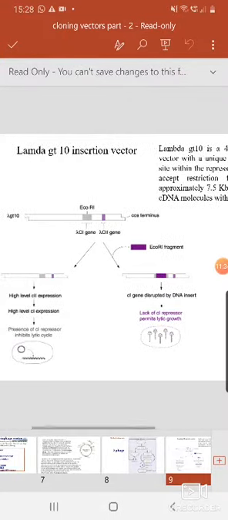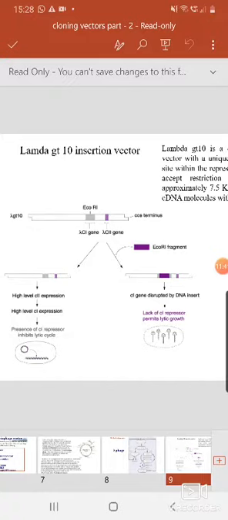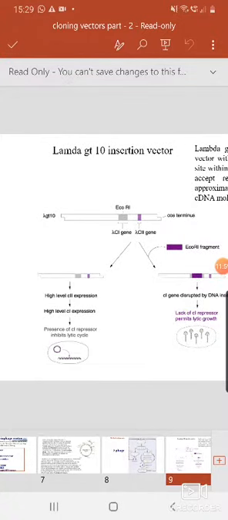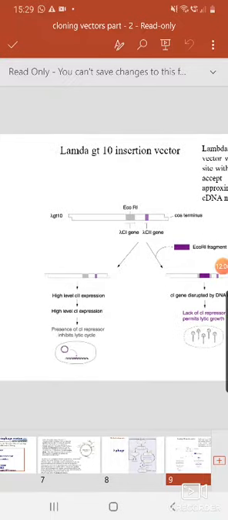The restriction enzyme site is in the lambda repressor. Which repressor? The cI repressor. Now if the purple colored fragment, your gene of interest, your insert, is cloned inside that one, then the cI repressor gene gets disturbed. So what will happen? This type of recombinant will undergo 100% lytic phase. But if the cI gene is not disturbed, that means the cloning reaction has not taken place in this left hand side. So what will happen? You have an intact cII gene, you have an intact cI gene.